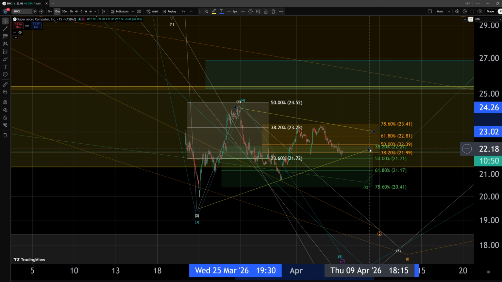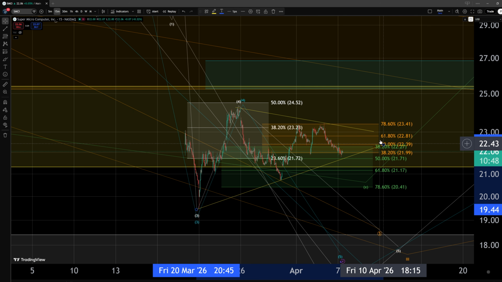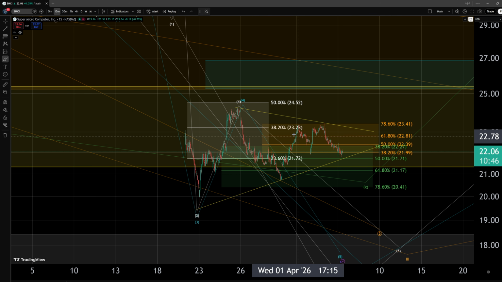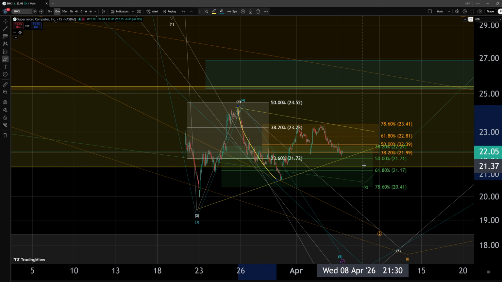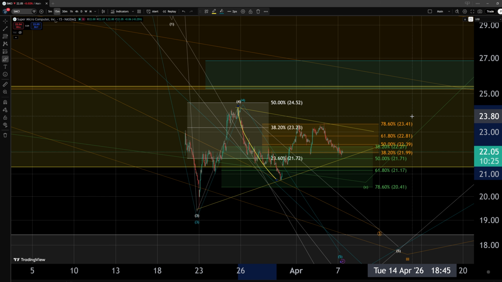We would be currently heading quite close towards the apex of this triangle, but once again, an internal wave B in the idea of a triangle could extend and form a reset. This doesn't need to be the wave B low. And there are some additional factors we could consider within this overall pattern, but I believe you have the most